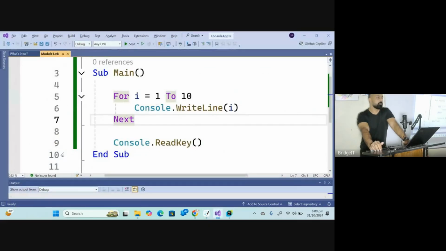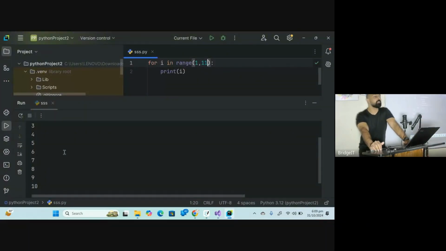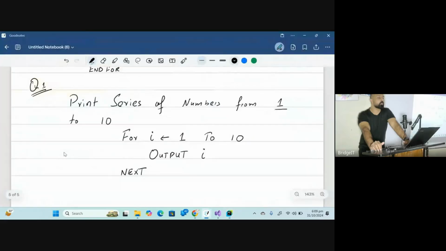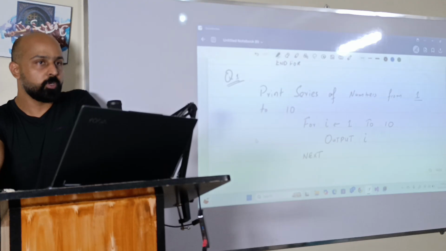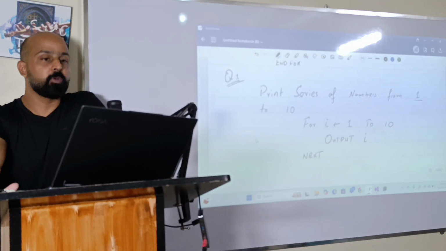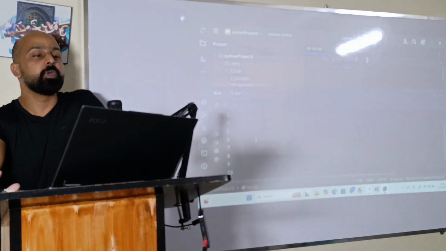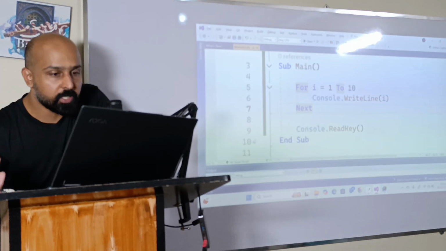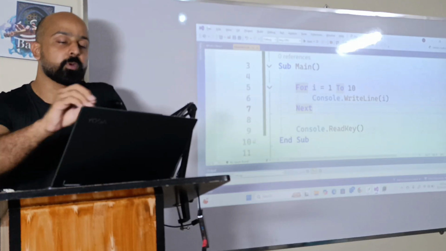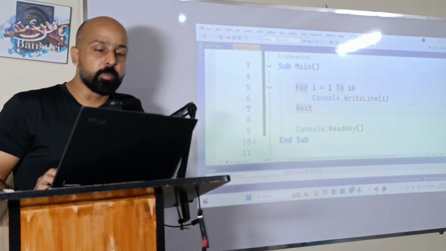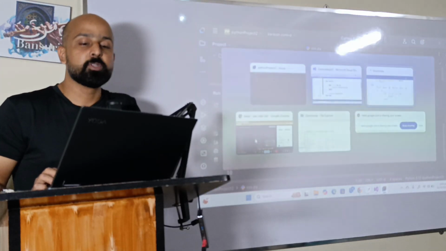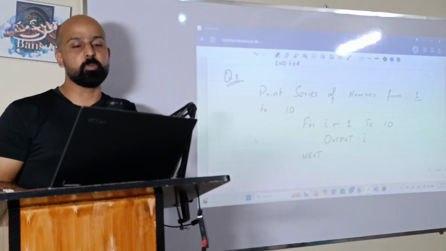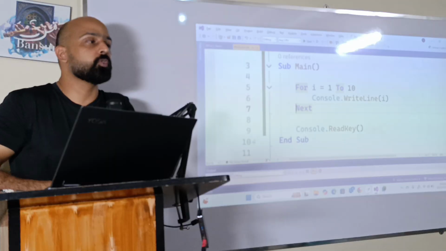So the VB people and the Python people can always talk to each other in pseudocode. In AS, in paper 2, we will be doing pseudocode, but in A2, in paper 4, we will be doing either Python or VB.NET. But believe me, in AS level, if you run programs like these and code by yourself, pseudocode will become super easy for you, because converting a language into pseudocode is no big deal.